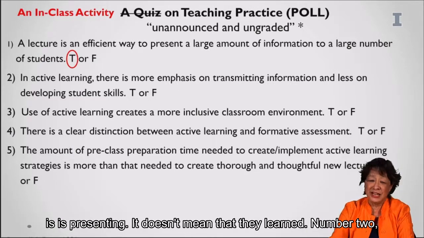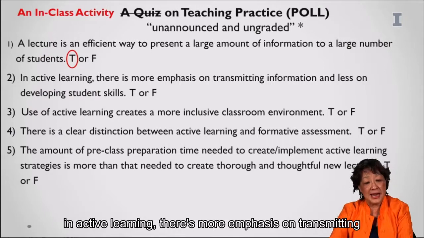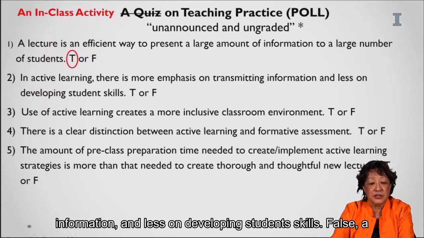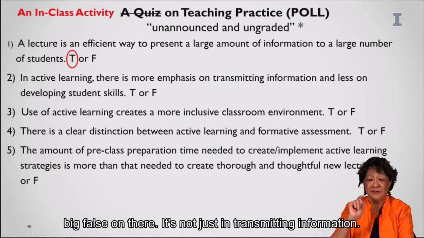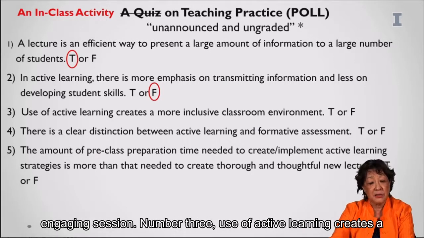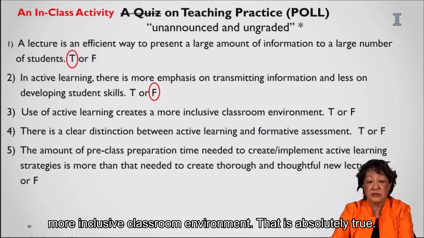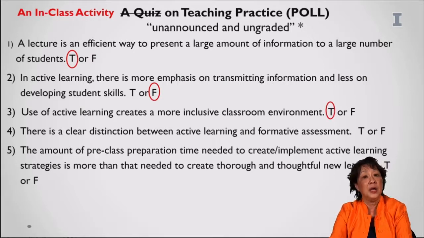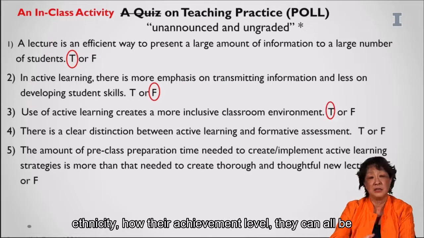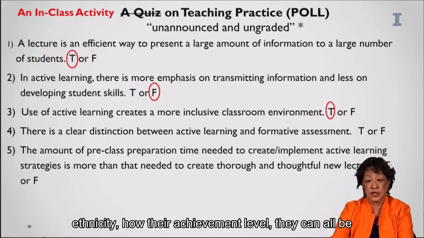It doesn't mean that they learned. Number 2, in active learning, there's more emphasis on transmitting information and less on developing student skills. False, a big false. It's not just in transmitting information. That is just a typical lecture. This is active learning, an engaging session. Number 3, use of active learning creates a more inclusive classroom environment. That is absolutely true. Inclusive means everyone, regardless of their background, their ethnicity, their achievement level, they can all be